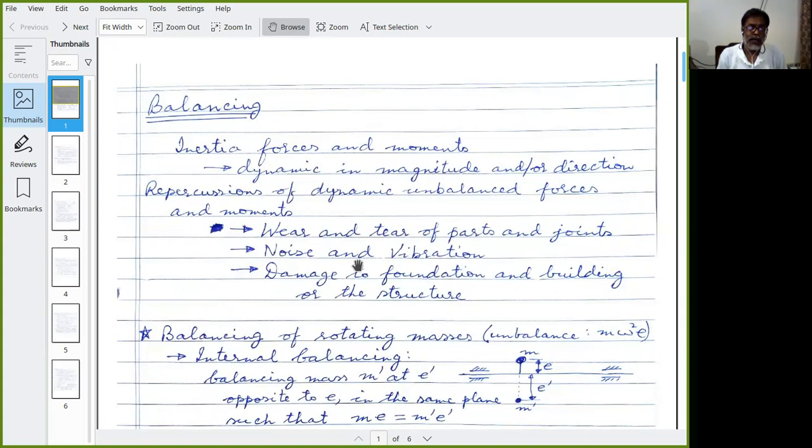And those who have stayed near an oil mill or a flour mill or old style printing press where day and night sound goes on, I used to stay in that kind of a locality. It sometimes seems that the whole earth is shaking continuously in that region, and that damages the nearby building itself. In the case of a building close to a railway line, you would feel that.